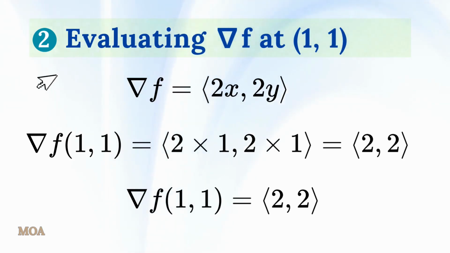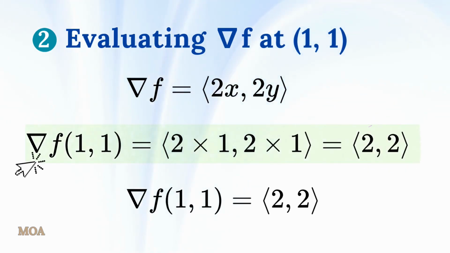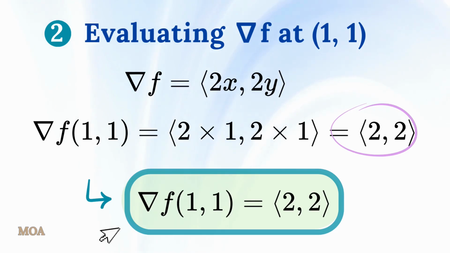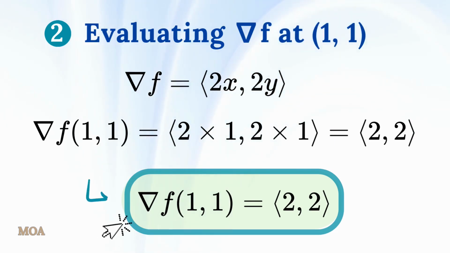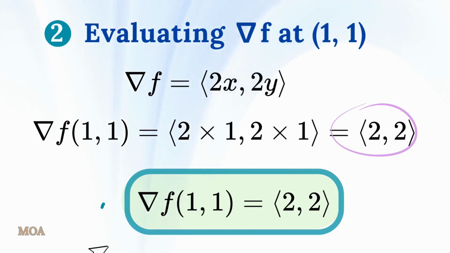Since x equals 1 and y equals 1, we replace these values in the gradient vector 2x, 2y. This yields 2 times 1 for the first component and 2 times 1 for the second. Namely, the gradient of f at 1, 1 equals the vector with components 2 and 2. Now, to draw the gradient of f at 1, 1, which equals the vector with components 2 and 2, let